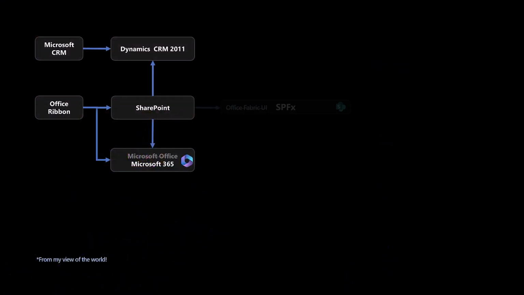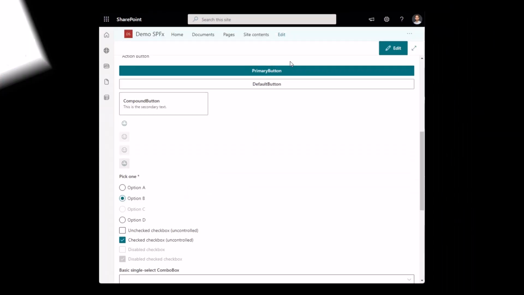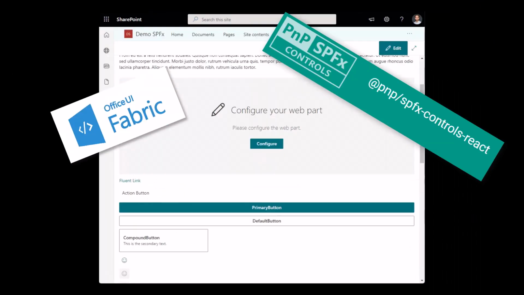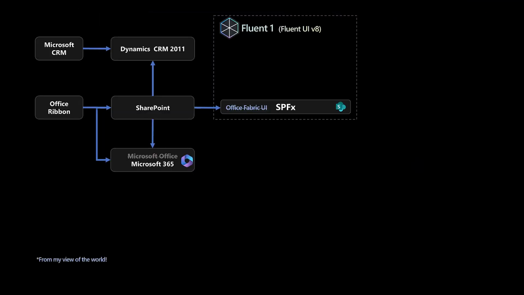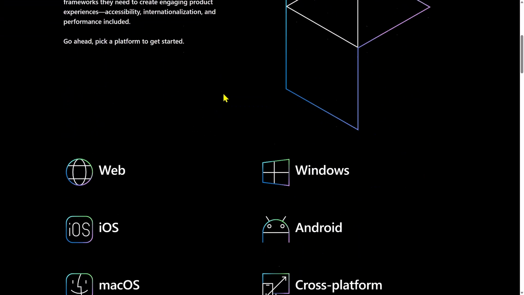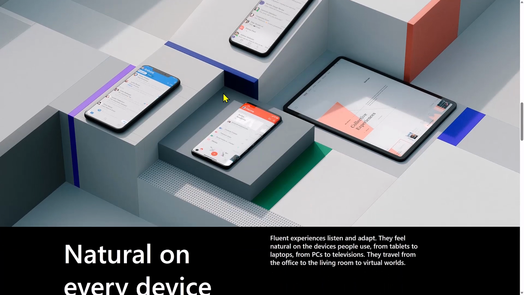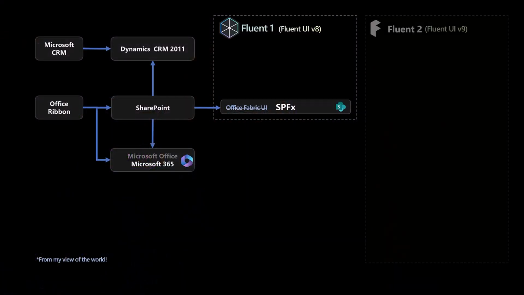SharePoint introduced SPFX, which had this Office Fabric UI design language, which was very, very new and really easy to use. And then that was rebranded as Microsoft Fluent UI, and it became version 8. This is what became Fluent 1. At some point, Fluent 1 got to a point where it just couldn't actually be evolved any further. There were some accessibility concerns which just couldn't be worked around,